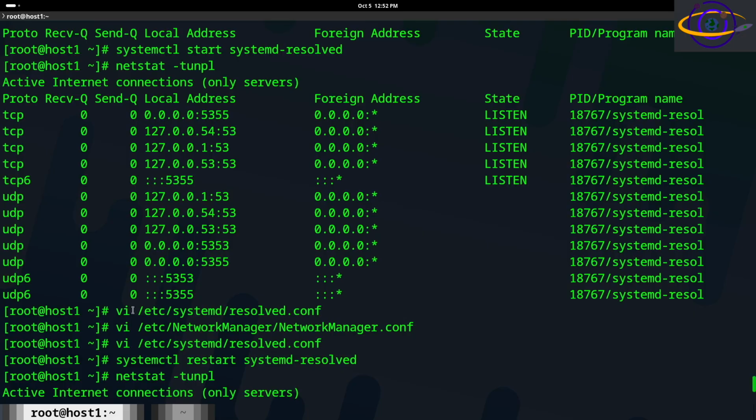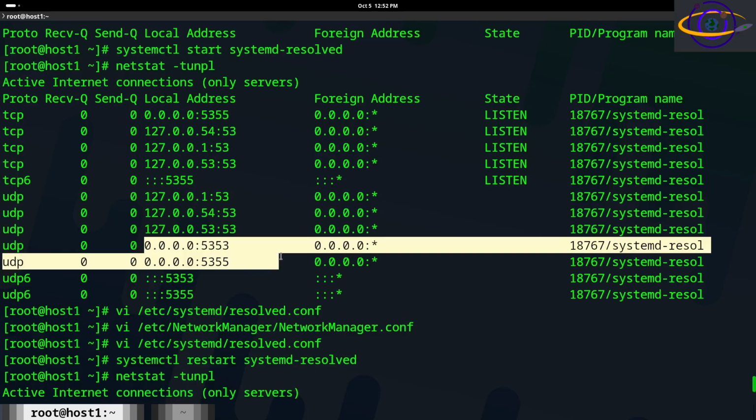So basically, if you see this output up here, I scrolled up in my output. I actually tried to initially record this as I was doing it. I kind of messed up my screen recording, so I'm recording it again and just showing you what I already did. So you see here, see how we have 53, 53, and 5355 listening on